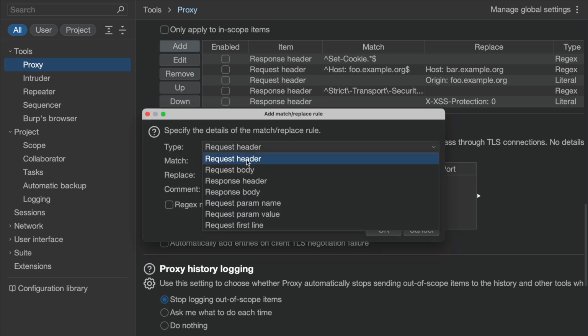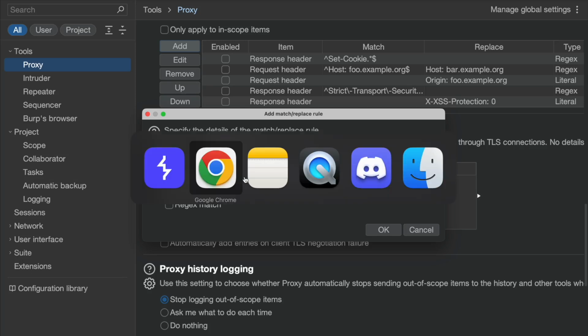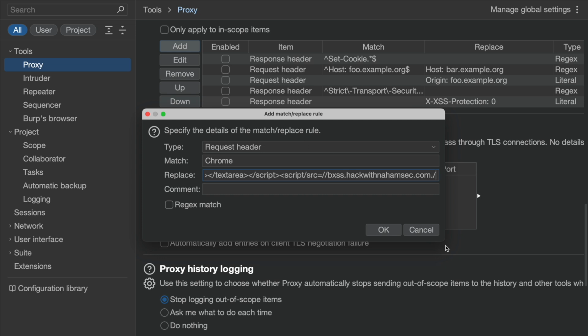So whatever browser you're using, you say, hey, when the request header matches the word Chrome, for example, I want you to add our XSS payload. So I'm going to do the same thing. I'm going to assume we're in the text area, script. Also go back here and do it like this. And then we're going to inject our XSS. Let me go back here and grab the URL for it really quickly. Put it in there. And then